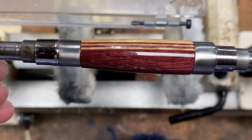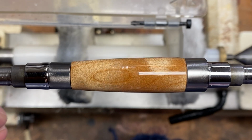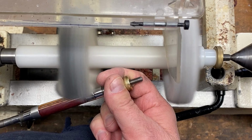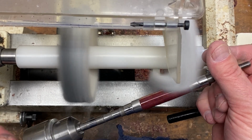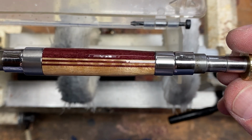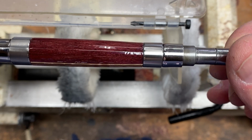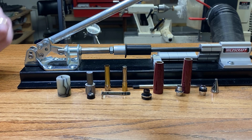Here's a quick peek at the lower blank. And now for the upper blank. I believe I mixed the blanks up. This actually is the lower blank, and the first blank I buffed up is the upper blank. Really looks good though. I've got everything gathered up and ready to go to assemble this blank into this gorgeous